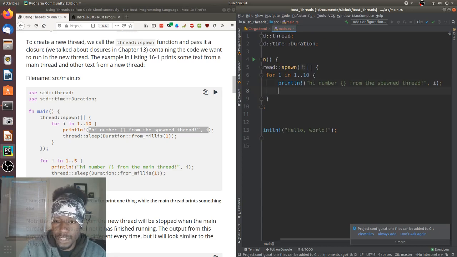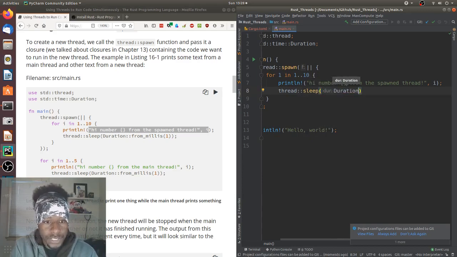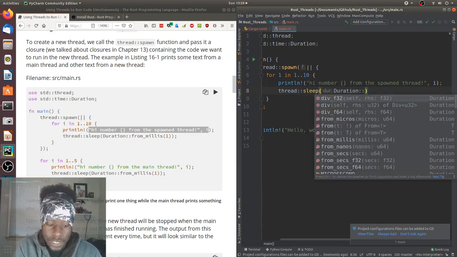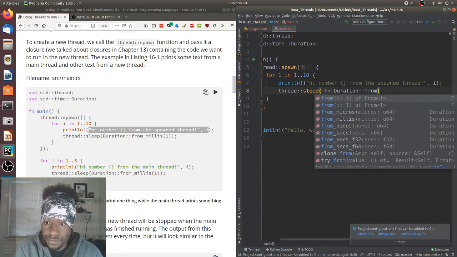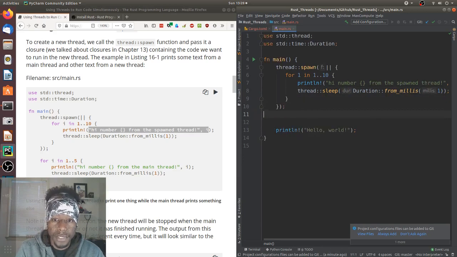How long we want to sleep for. Duration::from_millis takes a u64 and we're sleeping for 1 millisecond. That's not long. Okay, so we have that.